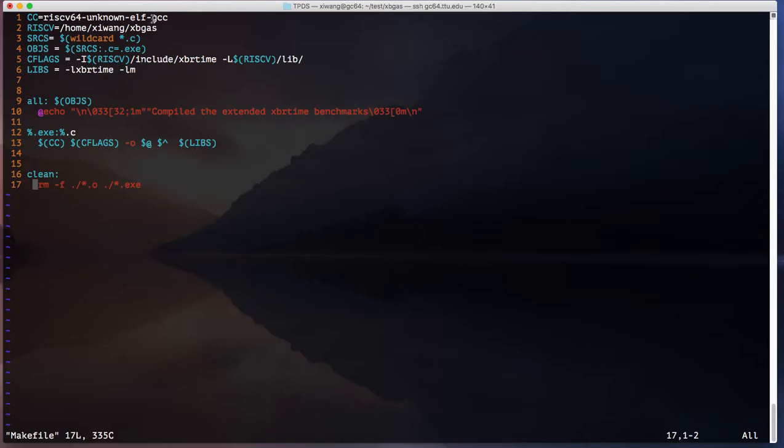The compiler of the xBGAS is basically the RISC-V compiler, riscv64-unknown-elf-gcc. Also remember to specify the path of the RISC-V, which is another very important environment variable that is widely used in the standard RISC-V toolchains. Besides that, something else we need to pay attention to is the CFLAGS. Just make sure that you have the XBRTIME,